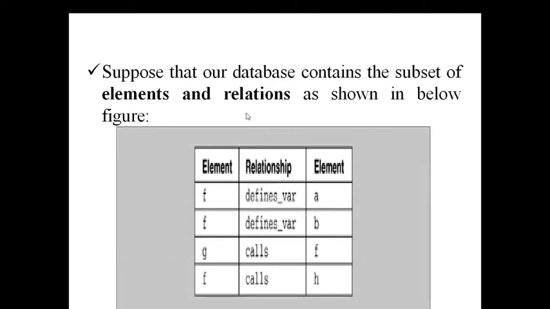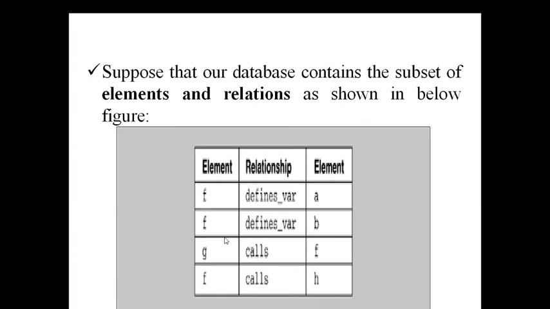Okay, see this. This is our element. That element can be a file, directory, or whatever it is. The element is going to have some relation with any other element, maybe also a file, directory, or variable. So here f is going to be defined with a, and f is some element. What is the element? Maybe a function. If it is a variable, this can be called a function. So f defines variable b. So in function f, we have two variables called a and b.